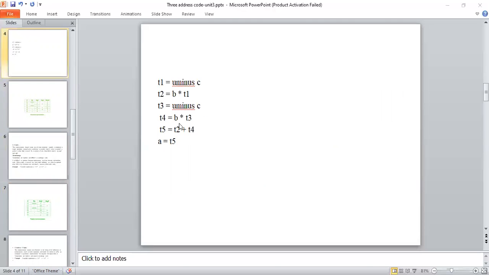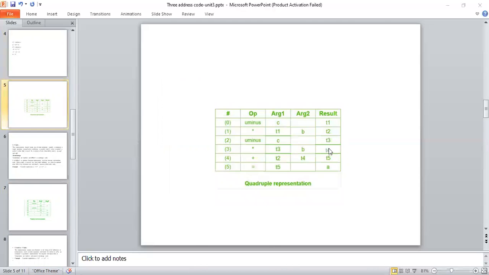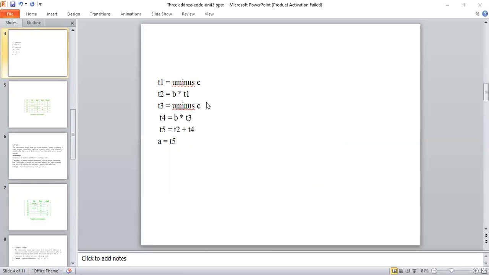And the next is B into T3. Here T3 means what? C. Don't consider T3 because we don't have any temporary variables in triple. So directly B into C. So multiplying B into C and storing into T4. But again here we are not considering T4. Now observe here B. This C is available in the statement called 2. So 2, this into operator and B. So the unary minus of the second is also over. This is over. This is over.